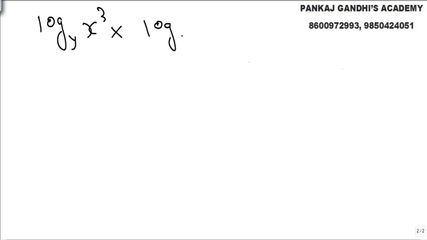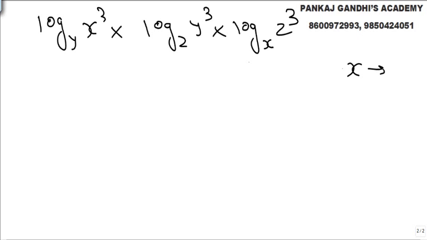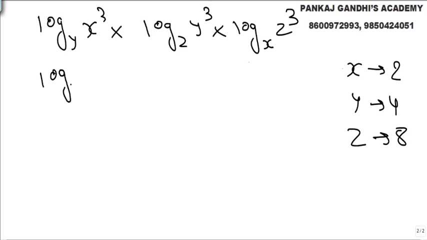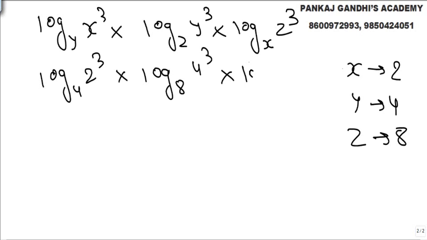x cube log to the base z, y cube and log to the base x, z cube. So let's say x is what, let's say we take 10, y we take 100, y we take bigger values, take smaller values only, 2, 4 and z 8. Same thing, everything we have done up till now. So what we get is 4 2 cube log to the base, ये important है, कोई भी question जम जाएगा ऐसे से, y 4 cube and log to the base 2 8 cube.